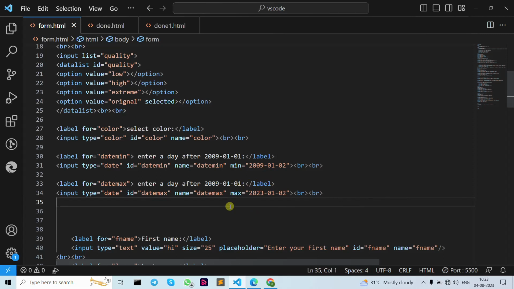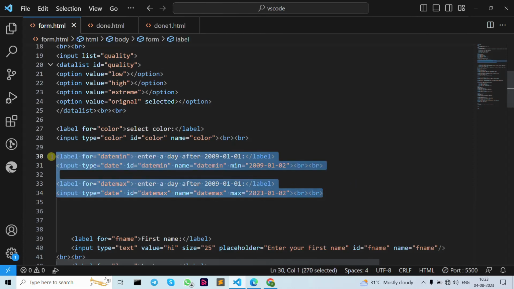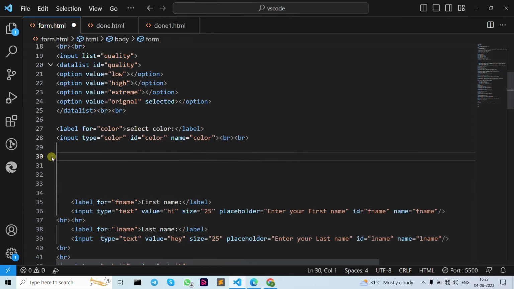Now let's move forward to our datetime-local. Okay, let's just clear this one. Now let's add datetime-local. Now for local date time, you need to write down label